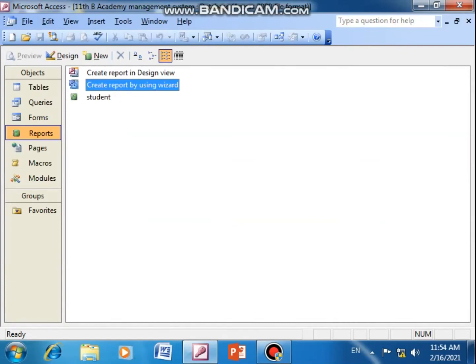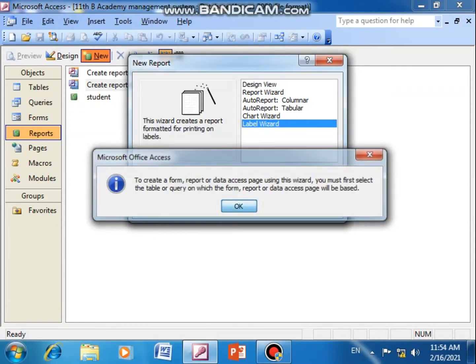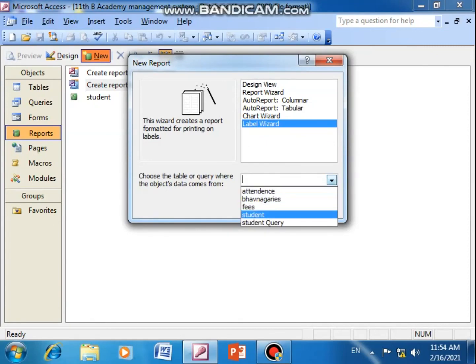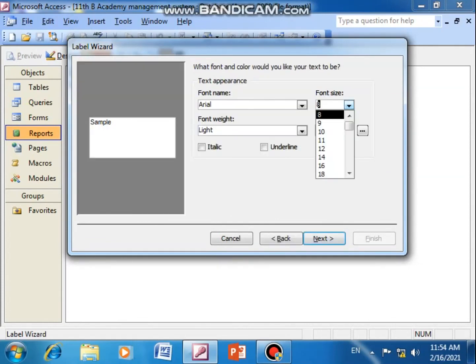Now one more benefit of reports I will show you. Suppose you want to post an envelope to all the students. Then on the envelope, the name and address and everything in the same line will not look nice, it will not even fit, right? So for that purpose, in the database you get an option from which you have to select label. To create a label you have to choose a table, okay, and here different sizes are given. Just now I am not changing anything, I go ahead as it is.